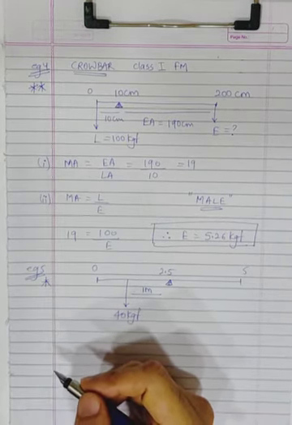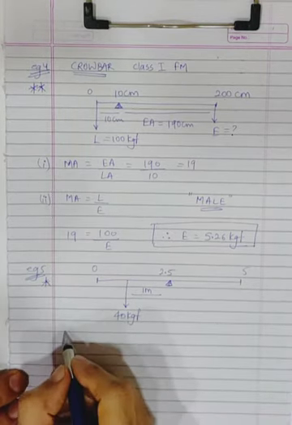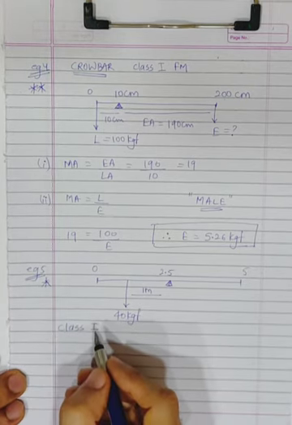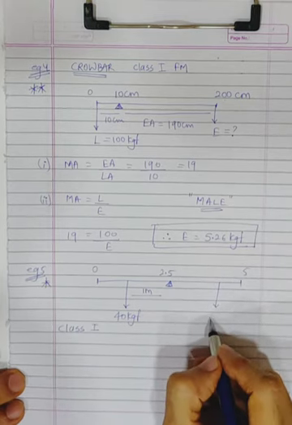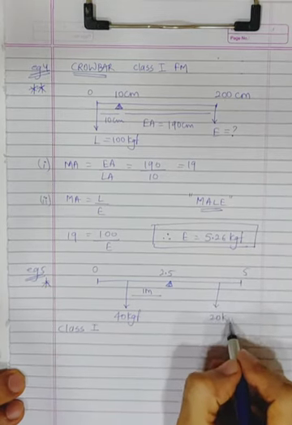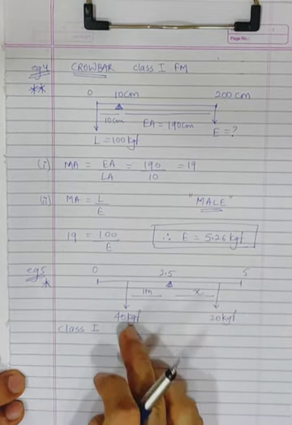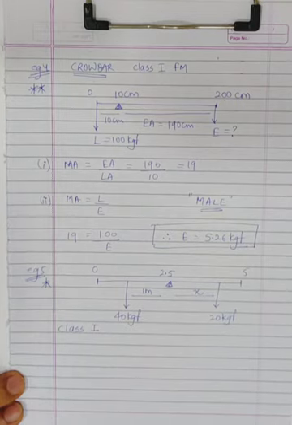To which class of lever does it belong? So look at this and tell me what class of lever it is. Obviously it is a seesaw, so it will be a class 1 lever. Now they are saying where should a girl of weight 20 kgf sit? So we don't know where she should sit. So let this distance be X. Obviously she should sit on the opposite side, but where we don't know. Correct. Now we have to find out where she should sit.